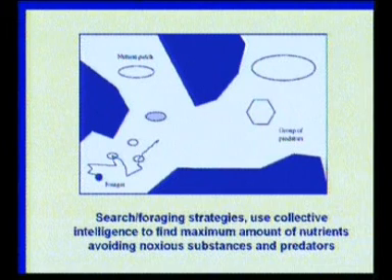So a forager uses a searching strategy. These are the food patches, nutrient patches. These are the groups of predators. Predators may attack the forager. Predators are like large sharks which frequently attack the small groups of fish that are searching for phytoplankton. But their search is cut short by this kind of large predator group. So not only do they have to find the food patches, but they also have to avoid the